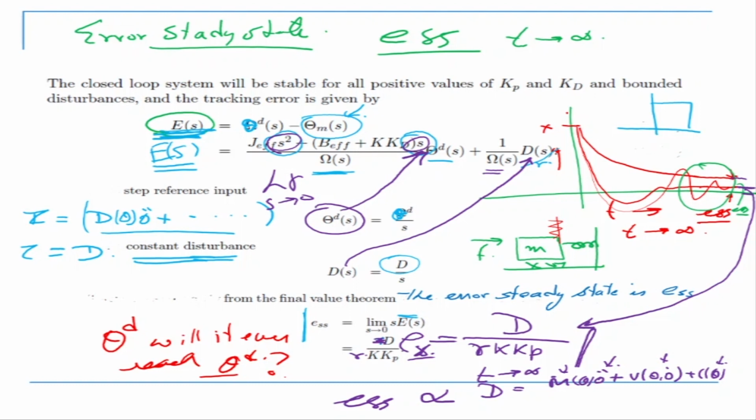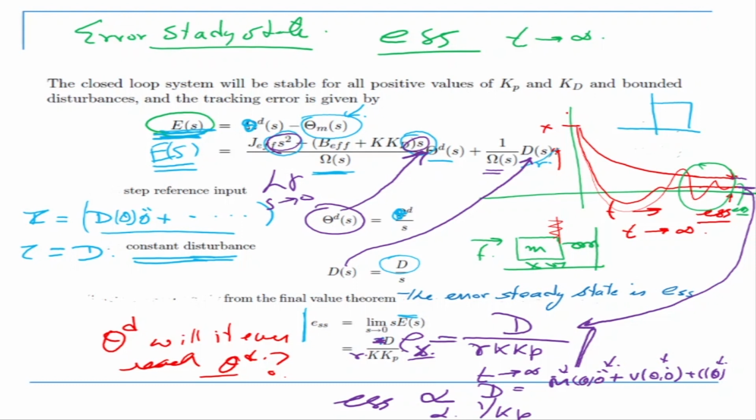Number two is the gear ratio, which is in the denominator, and there is a K into Kp. Kp is your gain. So the steady state error is proportional to D, that is the dynamics, and it's inversely proportional to Kp, the proportional gain. So if you put a high proportional gain, your steady state error will go down, but it can overshoot much more. That is something we'll see. So this gives us an idea that irrespective of what you do, you are going to have some steady state error, the one that is always there as time goes to infinity. So in a PD controller, it is simple.